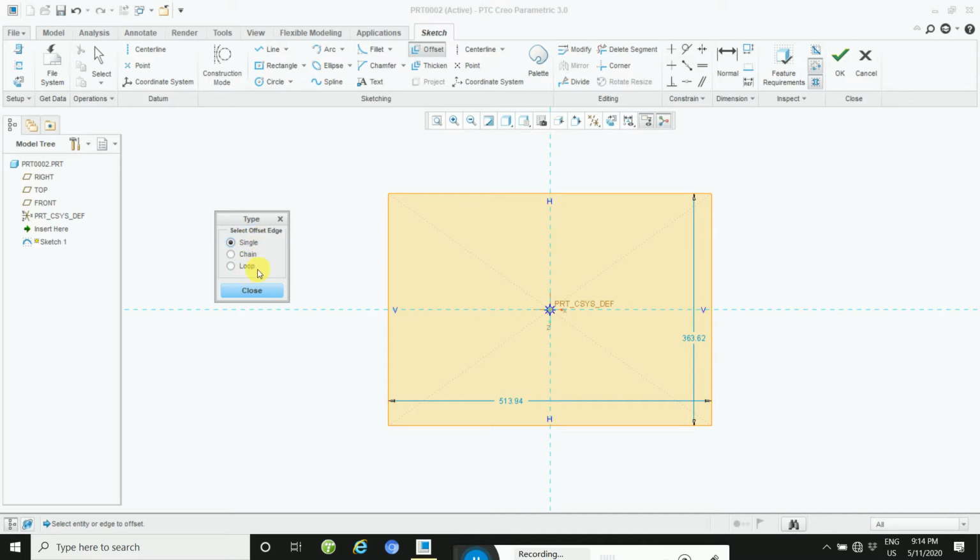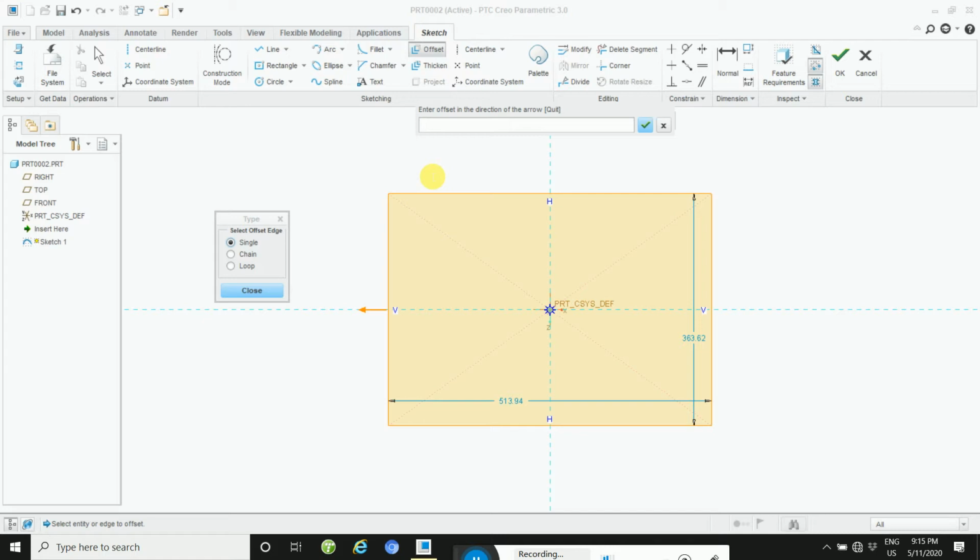Select single and then select a single line. This arrow direction indicates the positive offset.